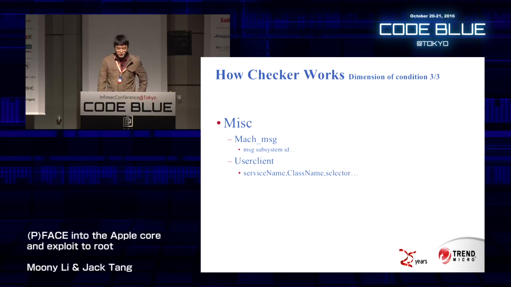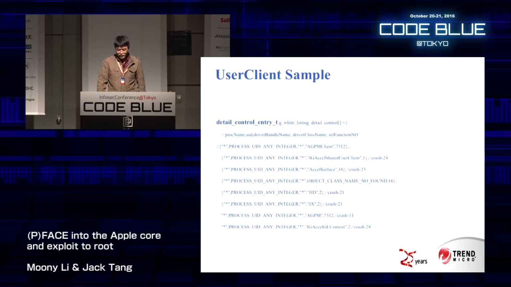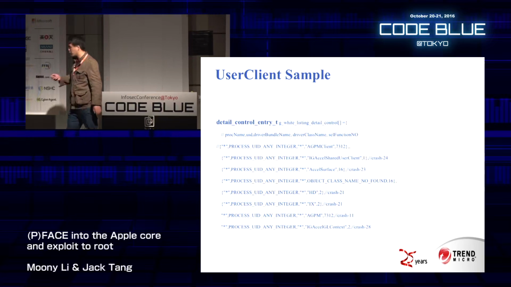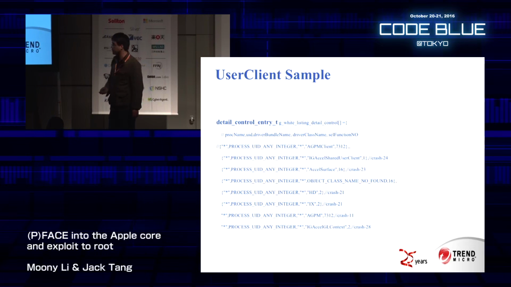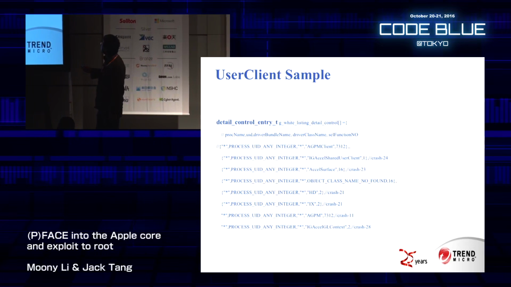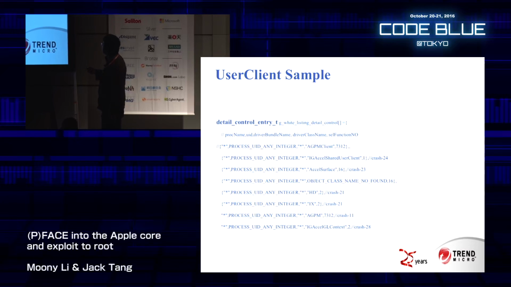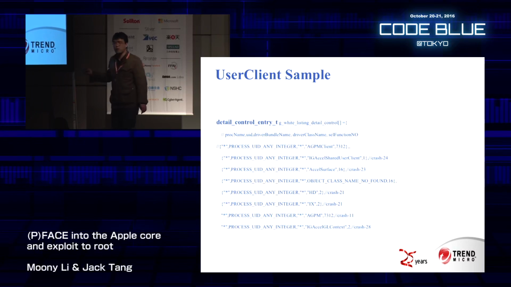There are also some miscellaneous condition checkers in our design. For example, the user client checker is specific to allocate fuzzing. For user client related fuzzing, we would care about, for example, program name, driver name, and function selector. For example, this is the class name of the ADPM user client, ADPM client, and this is the function number